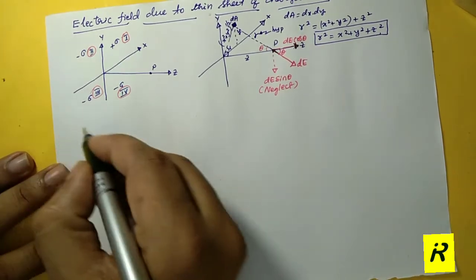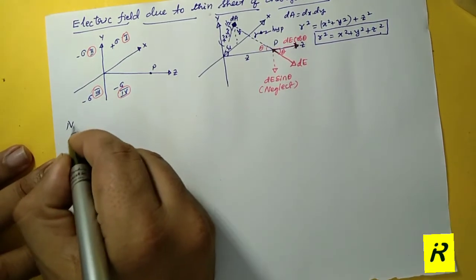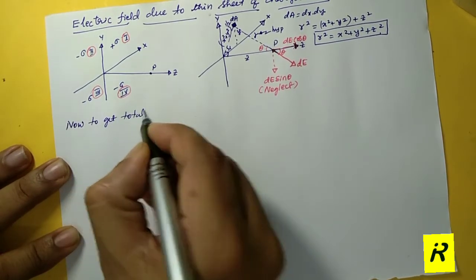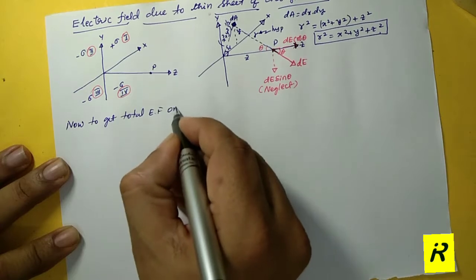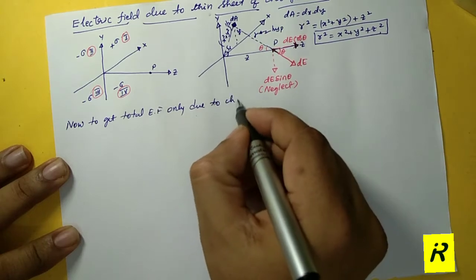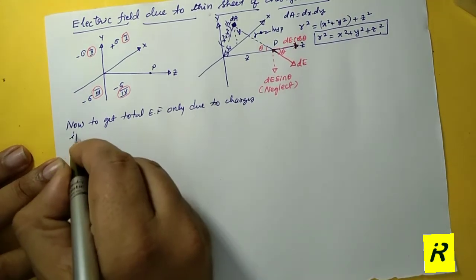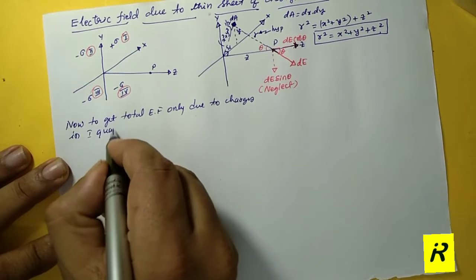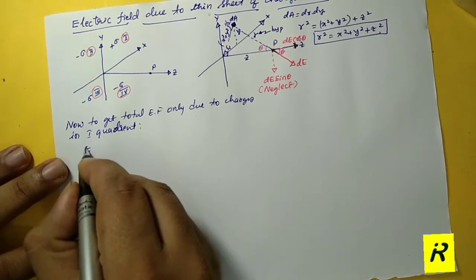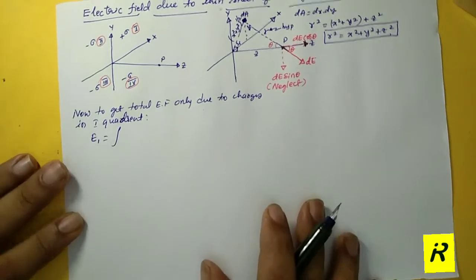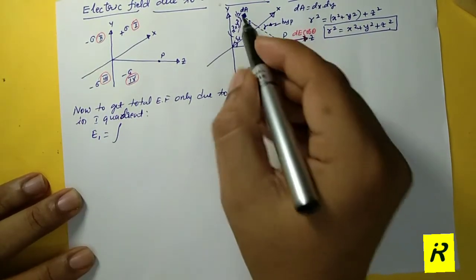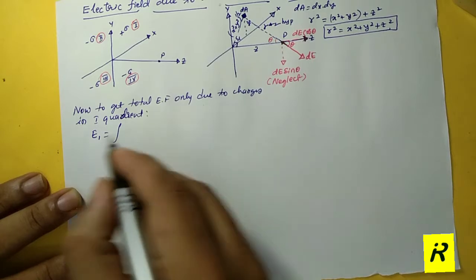So here, to get the total electric field only due to the charges in the first quadrant, I am making the integration like this. E1 is the total electric field at P only due to the first quadrant. So this is equal to